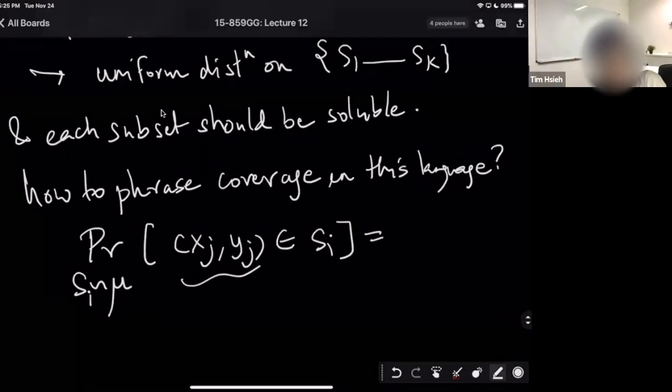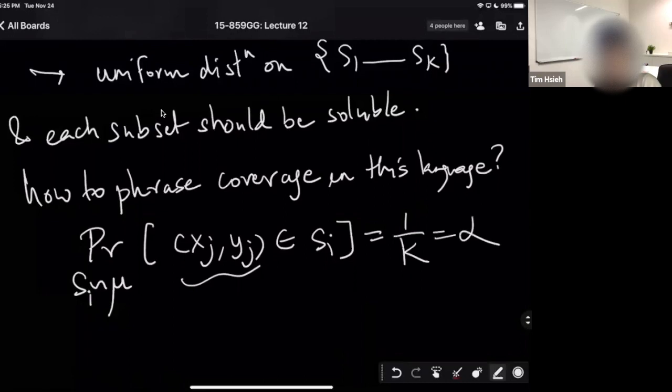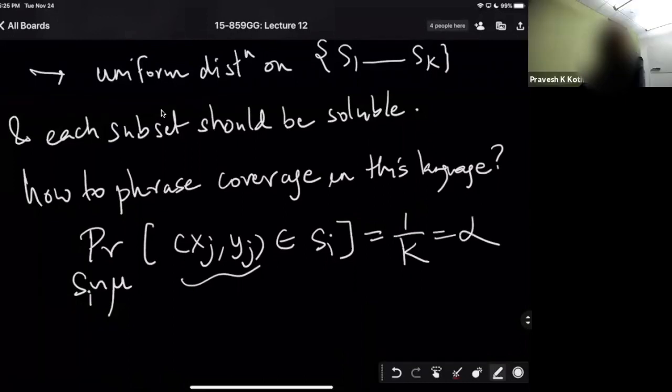1/k, exactly. Right, because there are exactly k sets. All of them are of size exactly equal to alpha n. And we're going to assume that 1 over alpha is an integer for now. And so what this is simply saying is that xj, yj appears in exactly one of those sets, which